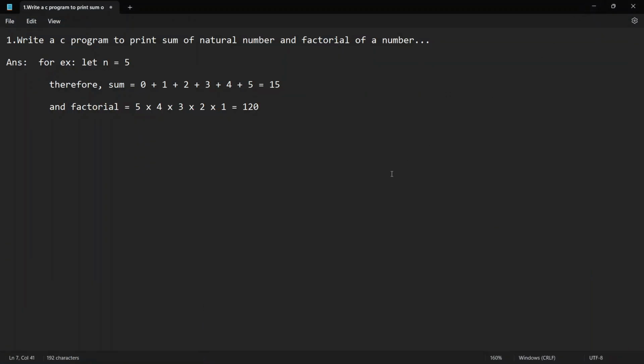Today we are going to write a C program to print the sum of n natural numbers and the factorial of that number. So for example, we are going to take a number input from the user. Let us say the number is equal to 5. So we are going to print the sum till 5. So the numbers that will be